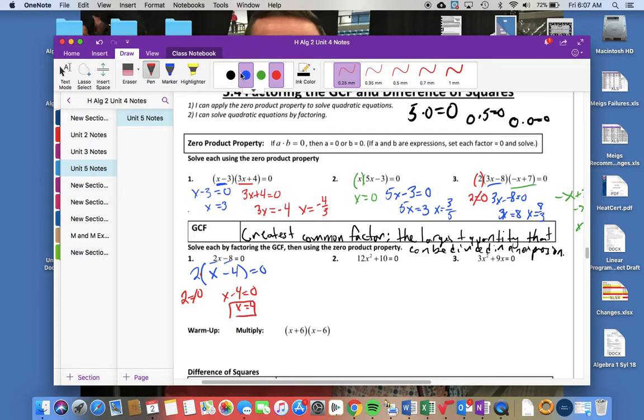Okay, next one here. Let's take a look at number 2. So GCF between 12x squared and 10. Looks like the largest number I can divide by, once again, is a 2. And so when I divide by 2,